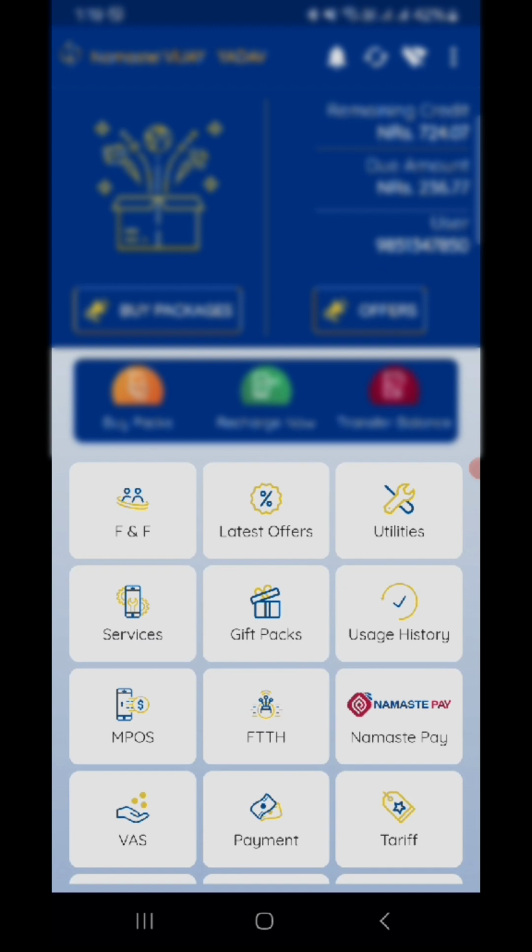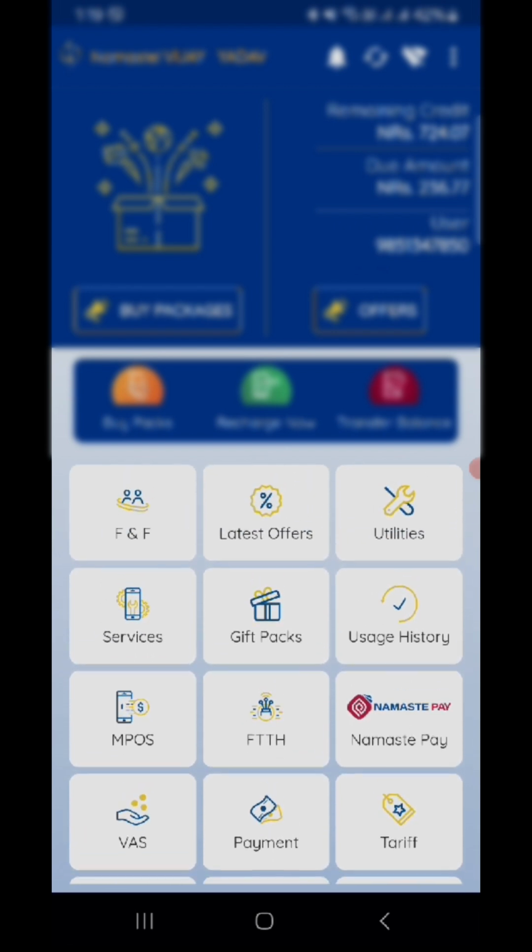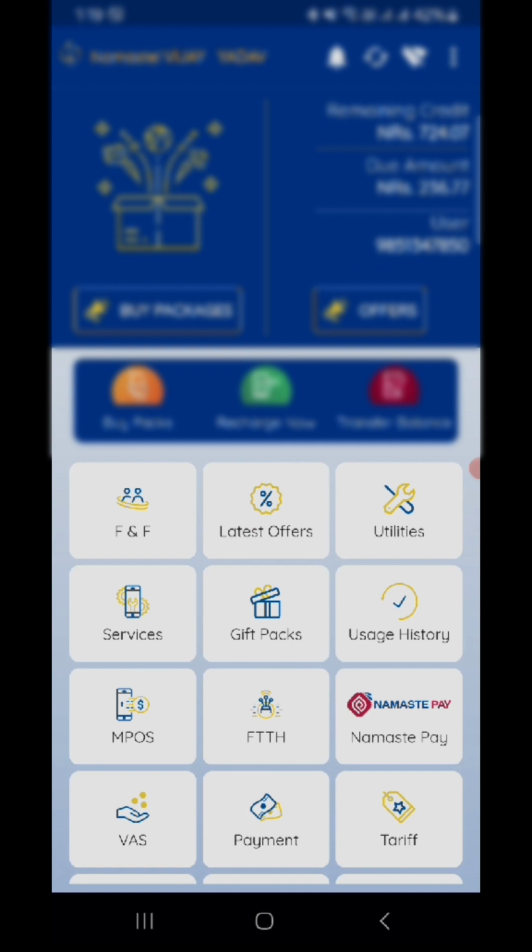Either you can make voice calls or use mobile data during the one bill cycle, that is 15th of one month to 14th of next month, directly from your main balance. That is, I am not going to buy any data pack or voice pack, I will use directly from my main balance. If you use at least 373, you don't need to pay extra charges for your postpaid rental. But suppose, let's say you used from 15th of January to 14th of February, you used only 300 from your main balance without buying any data pack. So in this case, what